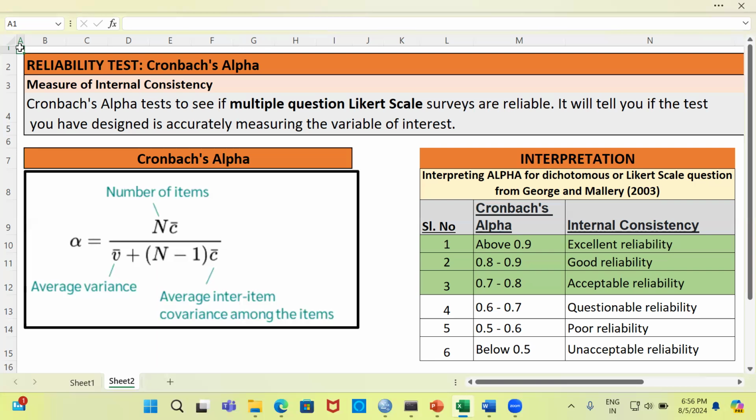Let us now ask precisely what do we mean by reliability analysis. Reliability analysis is a statistical method which is used to assess the consistency, stability, and dependability of a measurement instrument or a system. It helps to determine the extent to which a measurement or a system produces consistent and accurate